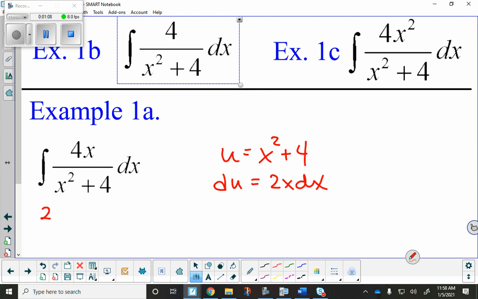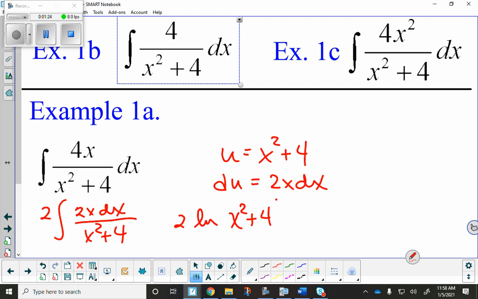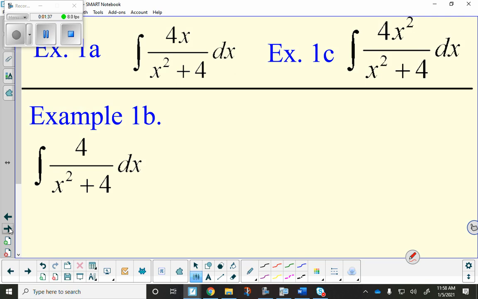So I have 2 times the integral of 2x dx over x squared plus 4, so this is just 2 times the natural log of x squared plus 4 plus c. And it's optional whether you want to put absolute value signs around it, because x squared plus 4 is always going to be positive. Well, cool. And then I have my second one, which I'm looking at, and I think, well, if I brought that 4 out front,